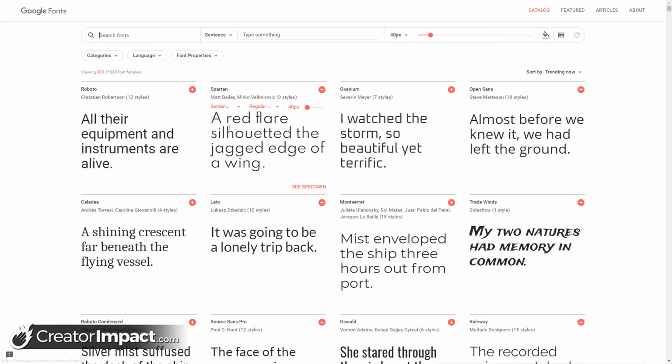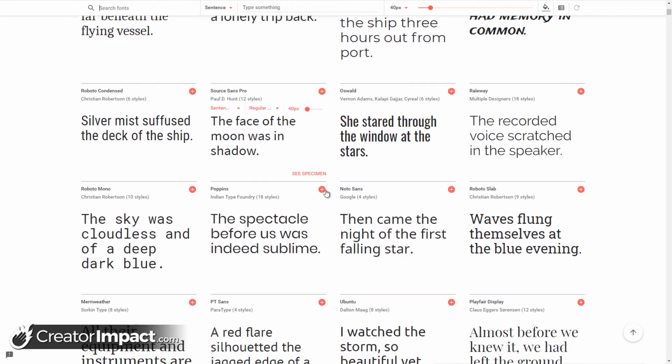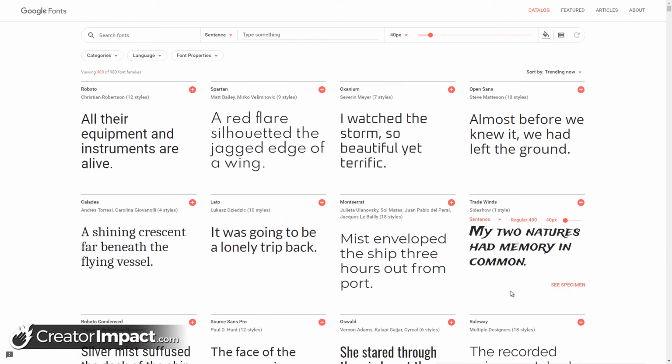You see we've got Google Fonts here at the very top. Now I can choose a font from here if I want to, and actually install it for Photoshop. And the good thing about Google Fonts is if I'm using it on my website,